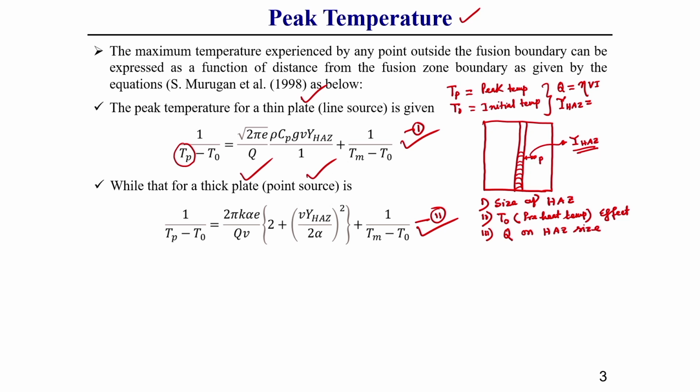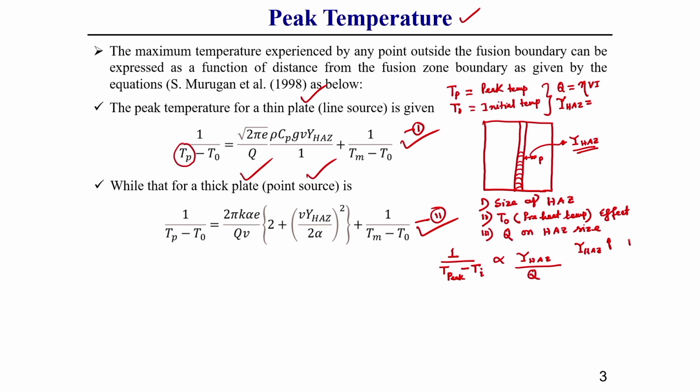From this equation itself, taking the first equation, one thing you can observe: 1 by the peak temperature T peak minus the initial temperature, I am writing T I or T 0, whatever it is, is directly proportional to Y, the heat affected zone size, and also inversely proportional to the heat input Q. From this equation you can observe that the heat affected zone size HAZ will increase